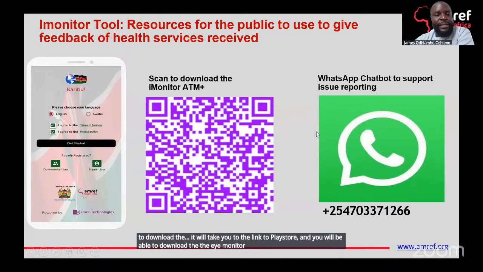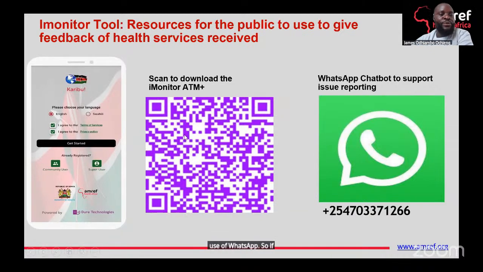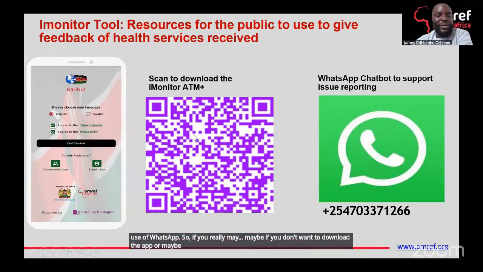And in the spirit of embracing technology, there is a new development that we've introduced. It will go out soon: the use of WhatsApp. So if you don't want to download the app, or maybe your phone storage is low, we have the option of a WhatsApp chatbot, which we are launching soon. It is already finalized.